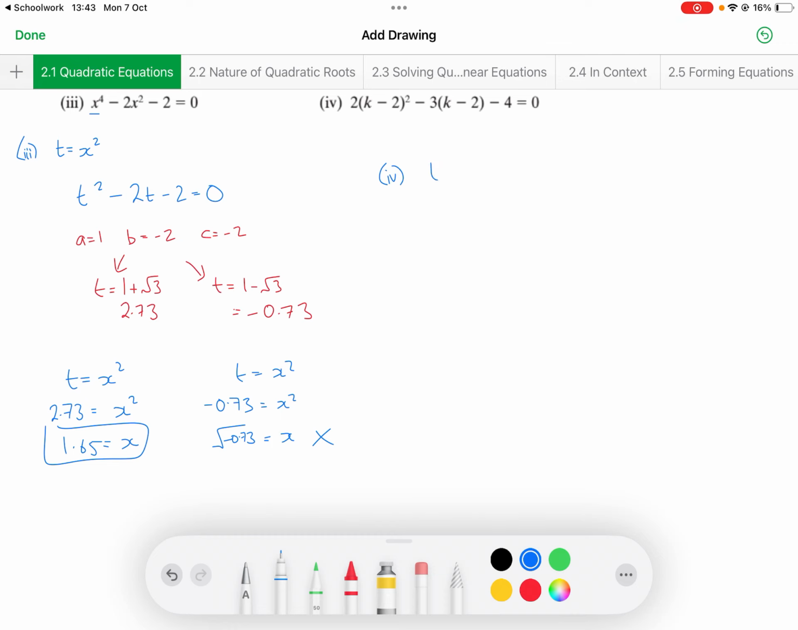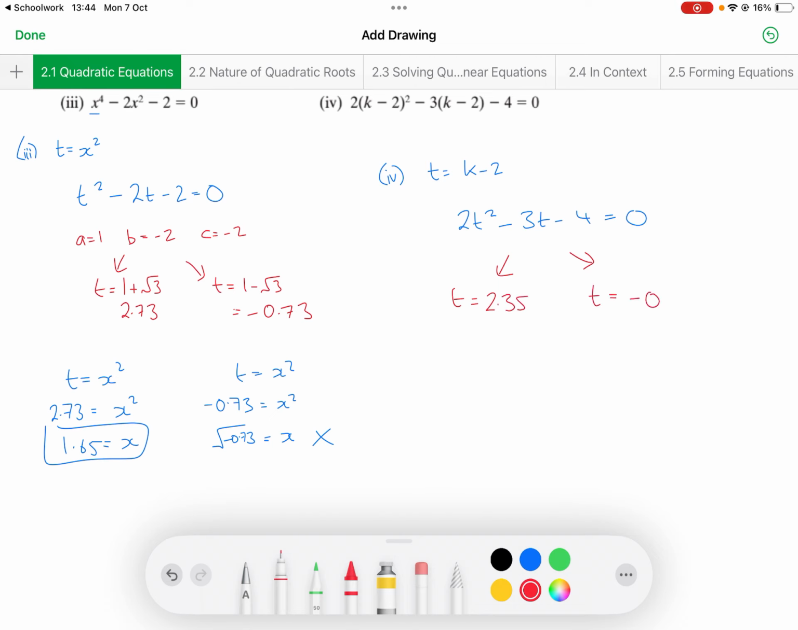I am going to say that t, again you could multiply it out, but I'm going to say that t is equal to k minus 2 because it asked us to use substitution. So my new sum is everywhere I see a k minus 2, I'm going to swap it for a t. So it's 2t squared minus 3t minus 4 equals 0. Again, if I use my minus b formula, I get that t is equal to 2.35